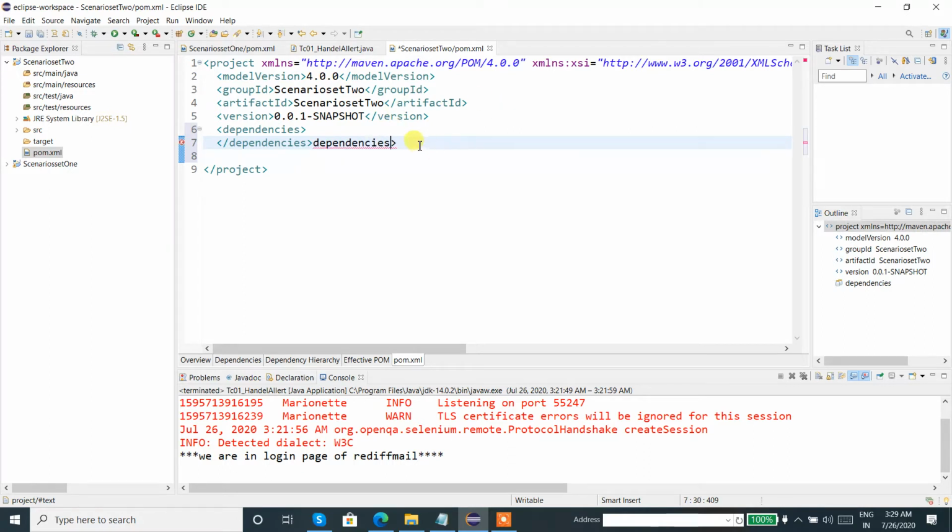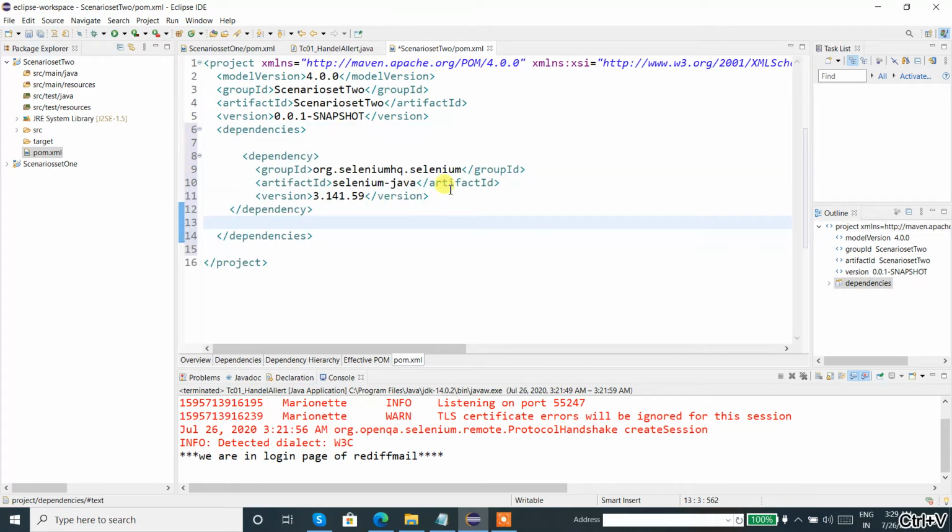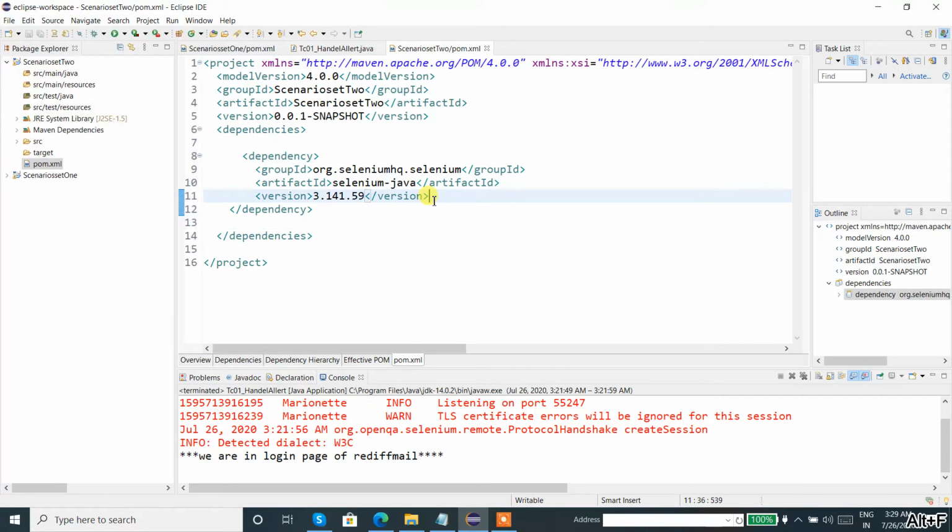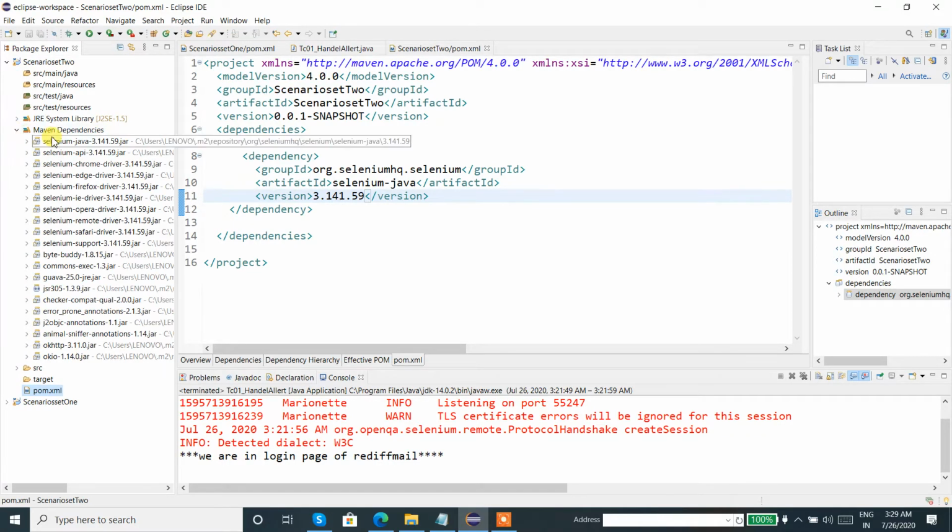Fine, and here let's copy the dependency for Selenium WebDriver in between. Now let's check Maven dependencies. Automatically the Selenium jar files have been added. We can see the Selenium jar files over here.